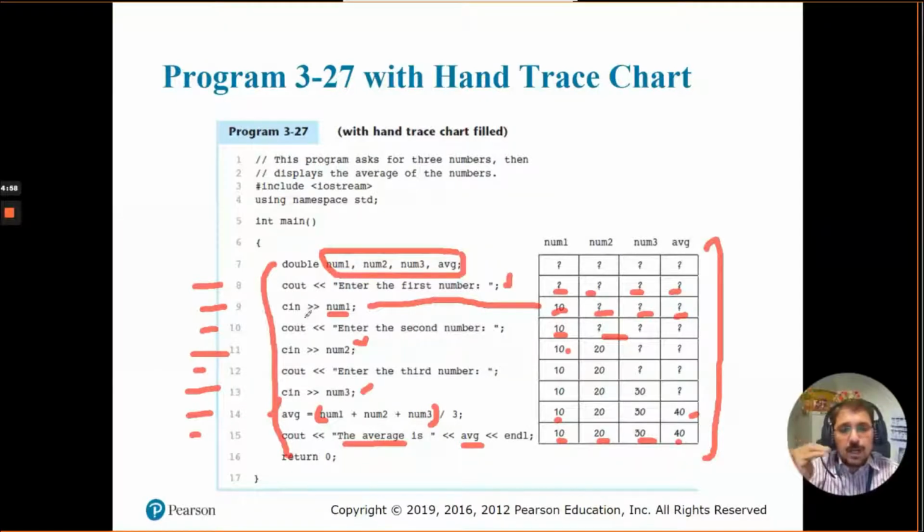How the compiler will assign and how the compiler will process each line, we generated this table like that. So this is called hand tracing, and once you practice like this at the beginning, then you will really understand the logic behind the programming. Okay, and the programming will become very easier for you.